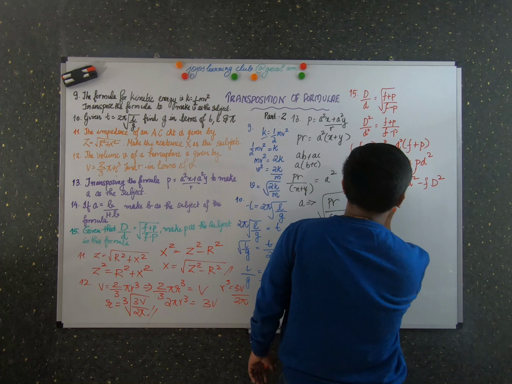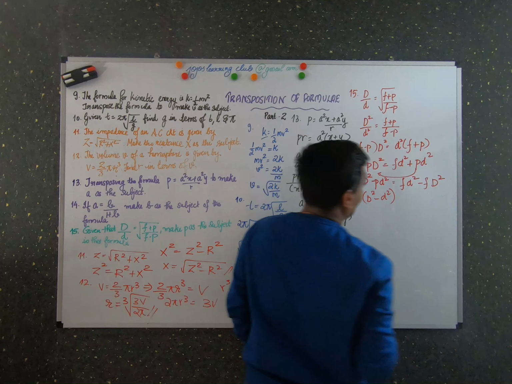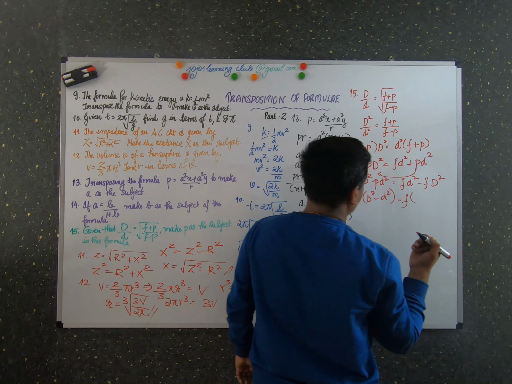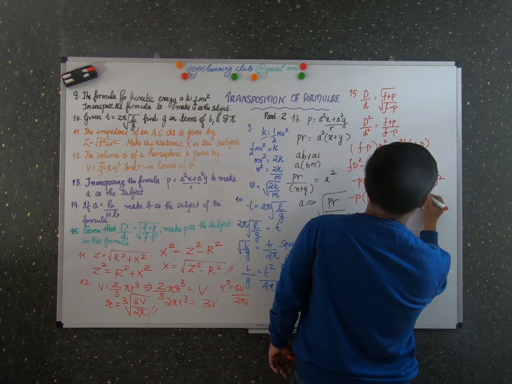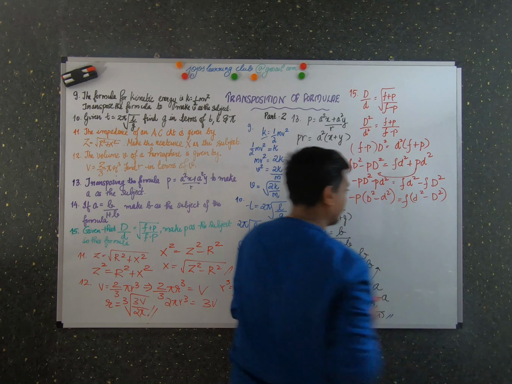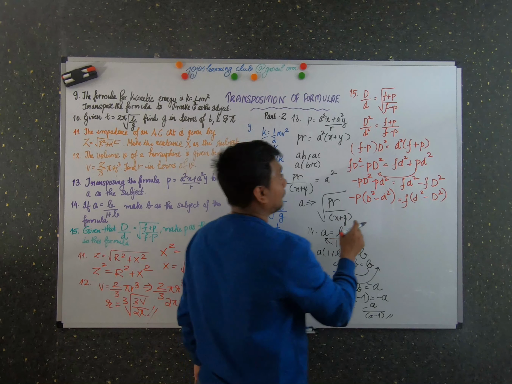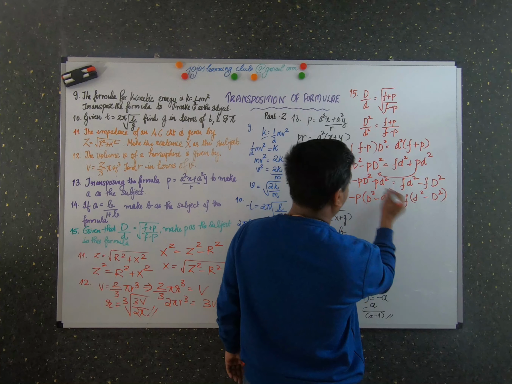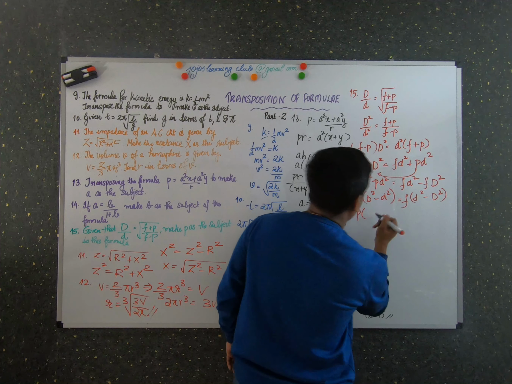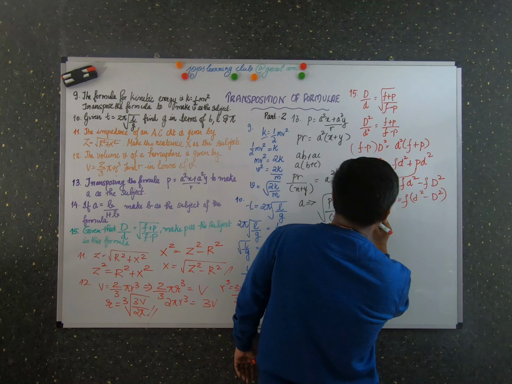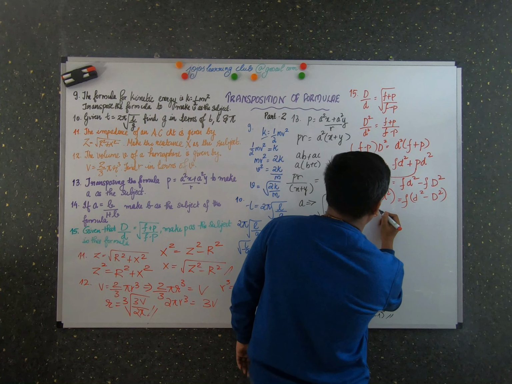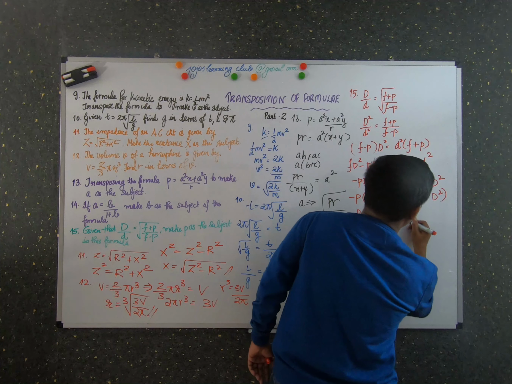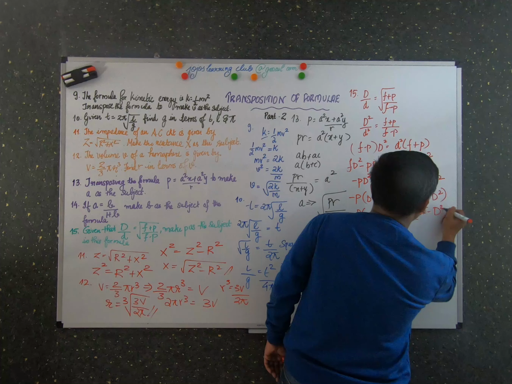Okay. D square minus d square. And what is here? F into d square minus d square. Right? So what happens now? D square minus d square, and I'm going to multiply here with that minus over here, just to make it in terms of P. So minus D square plus d square is equal to F into d square minus d square.